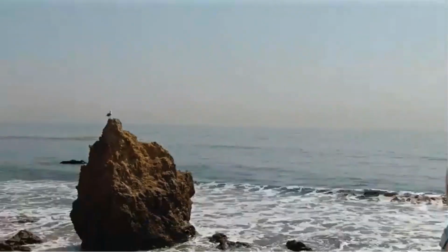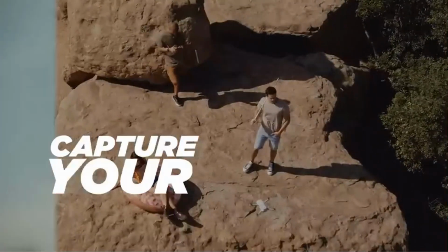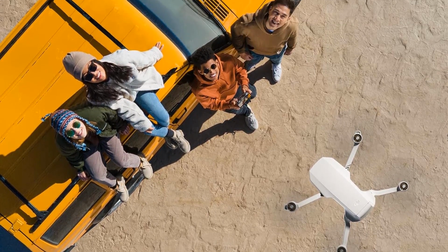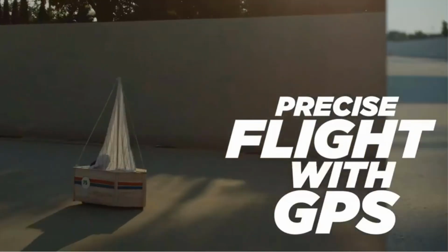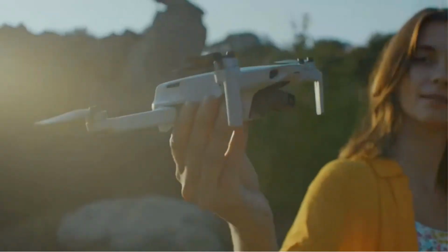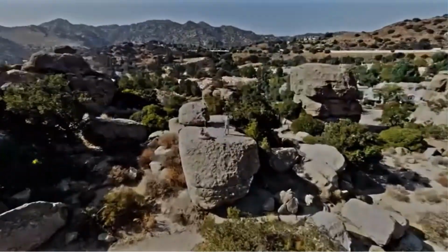memories. One notable feature of the DJI Mini 2 is its impressive resistance to wind. It can withstand wind speeds ranging from 8.5 to 10.5 meters per second, scale 5, ensuring stable flight even in challenging weather conditions. Moreover, it operates effectively in temperatures ranging from 0 degrees Celsius to 40 degrees Celsius, 32 degrees Fahrenheit to 104 degrees Fahrenheit, and across different frequency ranges, 2.400 to 2.4835 GHz, 5.725 to 5.850 GHz. The DJI Mini 2 Fly More Combo is equipped with OcuSync 2.0 video transmission technology, which